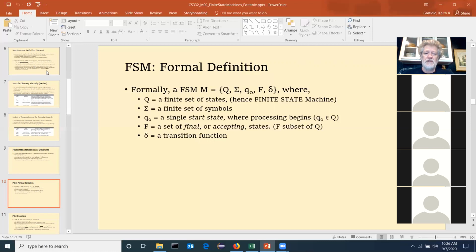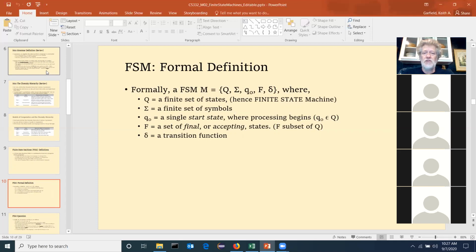Formal definition for a finite state machine. Once we start doing this, people start to freak out sometimes. It's all set theory. Notice everything comes from set theory here. Languages are a set of strings, and finite state machines are going to be defined in terms of sets of things also, with a transition function. So we always say that the finite state machine, and I'll use M for machine, G for grammar, L for language, the finite state machine M is, now when you see these curly brackets and then you see Q, sigma, Q naught, F, delta,